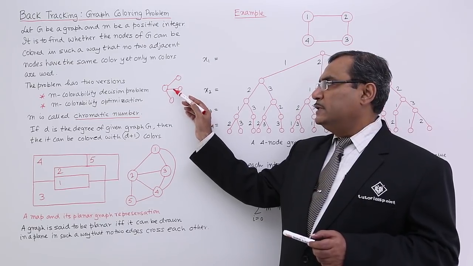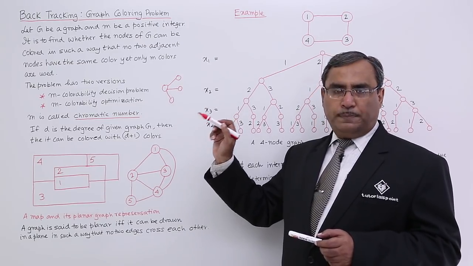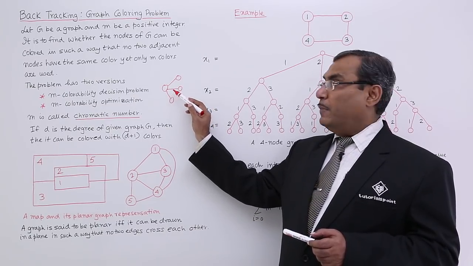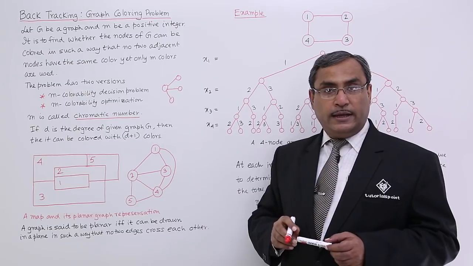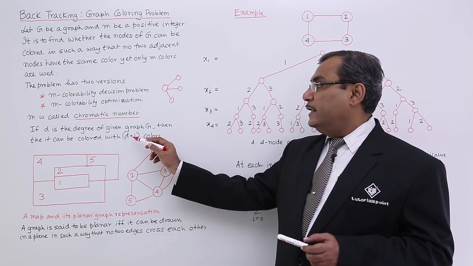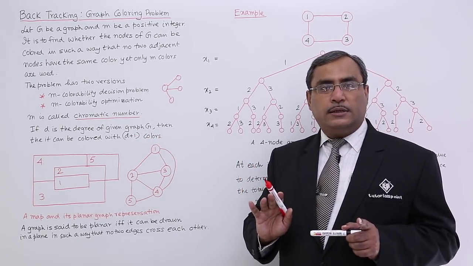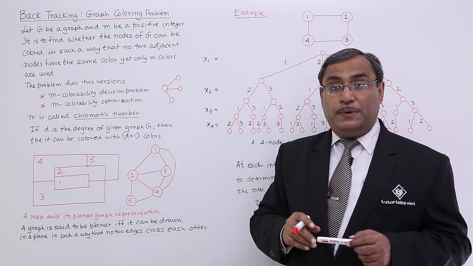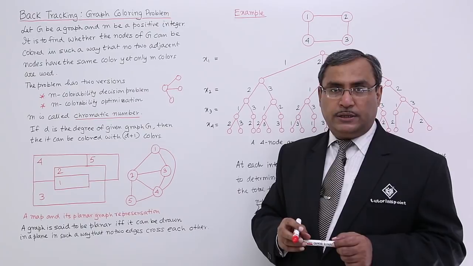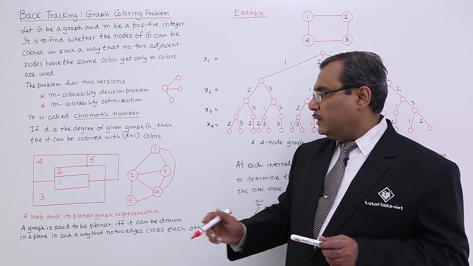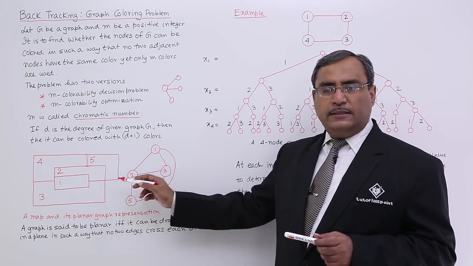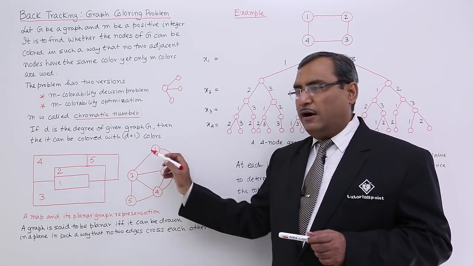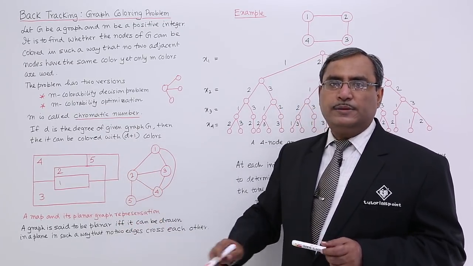The degree of a node means the number of edges connected to that particular node. So now you see here we have 3 edges connected, but actually 4 nodes are there. So they are telling that D plus 1 number of colors can do the graph coloring obviously, but whether D plus 1 is optimum has to be checked with the respective algorithm. And this is a map and this is a graph. How to convert a map to a graph has been told here, and what is a planar graph.